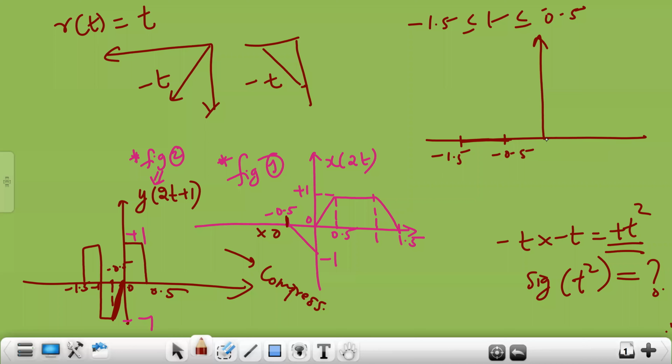But what will be the amplitude of this signal? It is not 1. You just think once again. Because at 0 it is coming towards 0, isn't it? Here at a time you are having -1. Here at a time t equal to 0 you are having 0. That is why 0 into 1 is 0. So at the starting point and at this ending point, the value is 0.